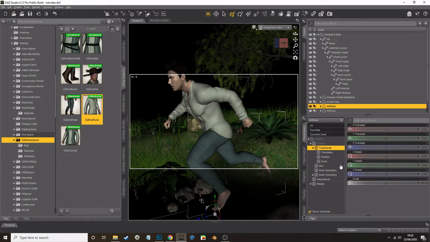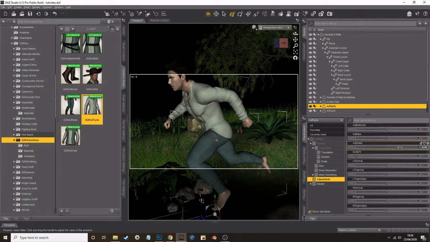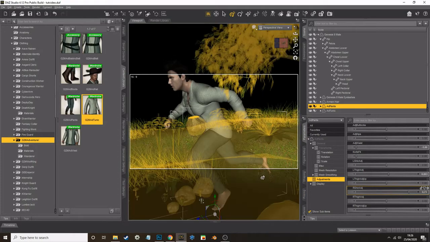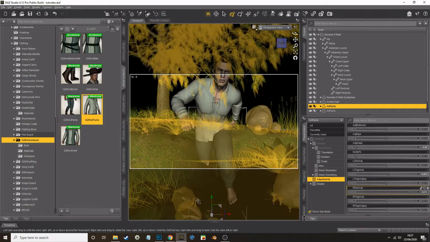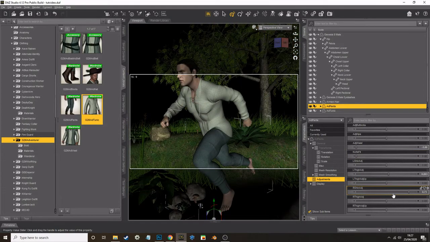Let's check. So adjustments, see how well they work. They are working, that's pretty good. On some of the older ones or old versions that didn't work so well, but they seem to have sorted that now. So that's good. So if you find there's a bit of skin shows through the clothing, you can use these adjustments to stop them from showing. So right thigh,